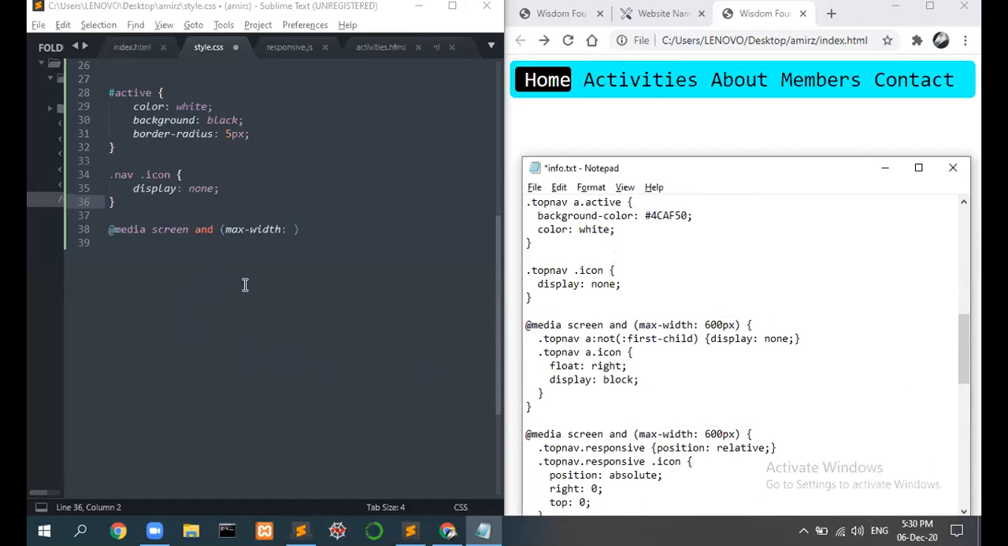Yeah, I'm continuing. So you write a max width equal to say 600 pixels. 600 pixels is good enough. Okay, 600 pixels, and then you add this function over here, these brackets, and then you write dot nav, and you write a, then this colon, and then you write not, this colon again, and first. Okay, not first child, and then you have to write this bracket and write